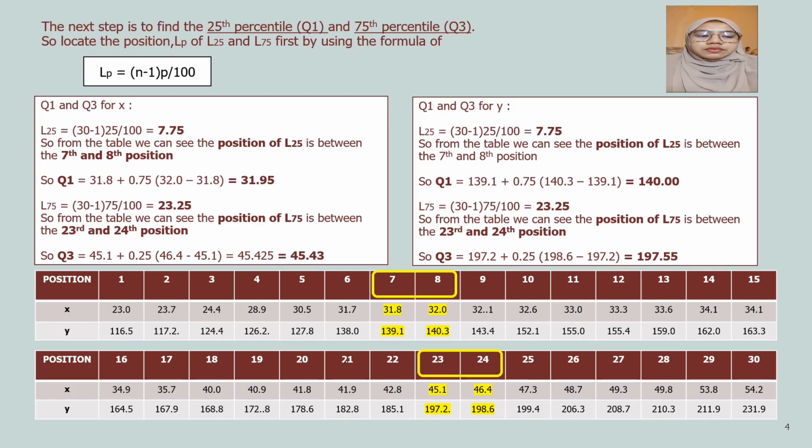Next, we find the 25th percentile and 75th percentile by using the shown formula. The position for the 25th percentile is 7.75, which is located between the 7th and 8th positions, and for the 75th percentile it is 23.25, which is located between the 23rd and 24th positions. So the first quartile for X is 31.95 and the third quartile is 45.43, while the first quartile for Y is 140 and the third quartile for Y is